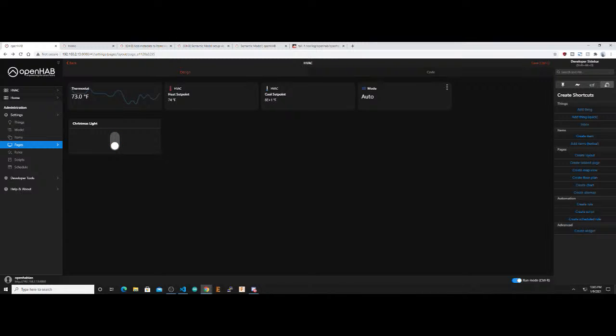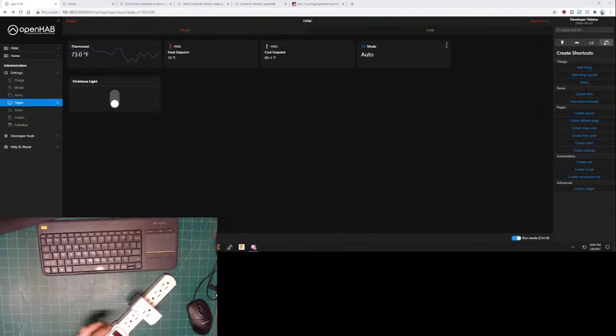I'm going to show you this with the actual switch in the picture. So this is it right here. You can probably hear it clicking when I'm controlling that. So it's literally that easy, or that simple, to add things to the user interface. You don't have to write the widget. You don't have to write the sitemaps anymore. You don't have to really create new configuration files for it. You can do everything from this user interface, and it's an actual user interface compared to